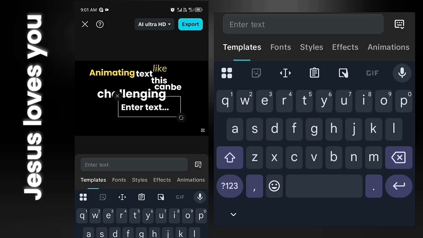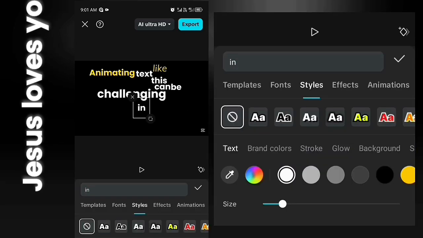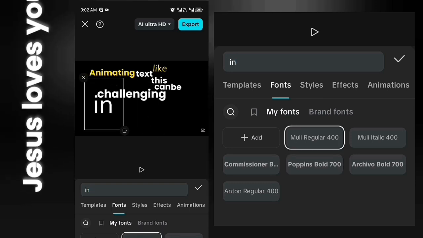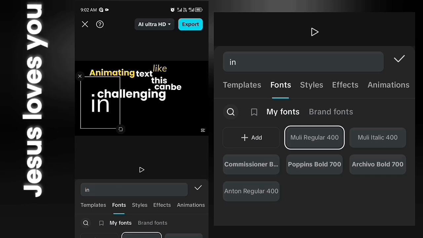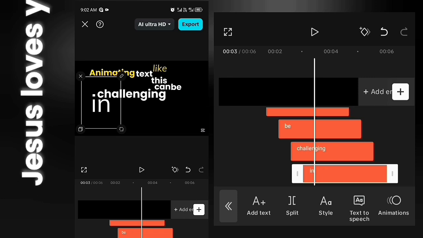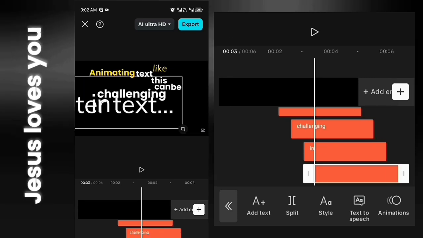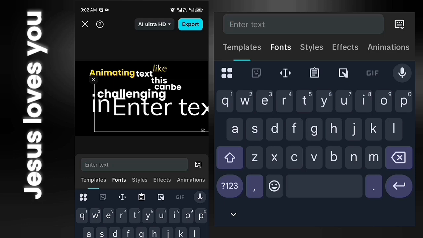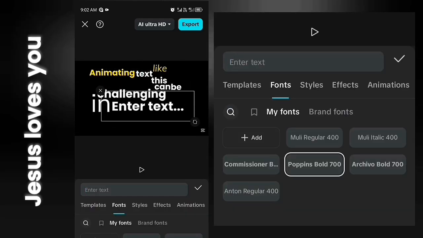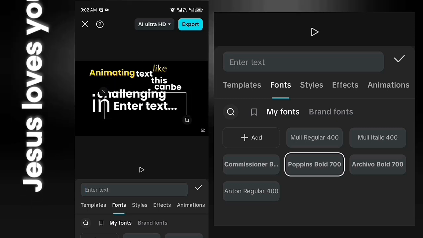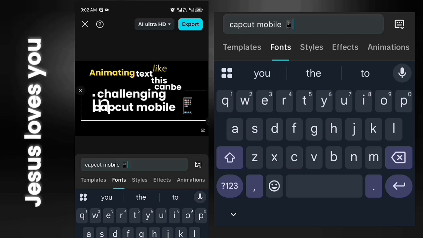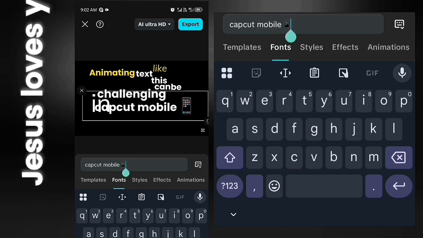I'll add the next text, which should be in, but I want in to take a font style of merely regular, and then we'll place it so that the dot on top of the I stands in line with challenge. And now we'll be moving to add our next text, and our next text is actually CapCut Mobile. But before that, let's change the text back to Poppins and reduce its size so it fits, and then we'll use CapCut Mobile, and then I'm going to be adding this phone